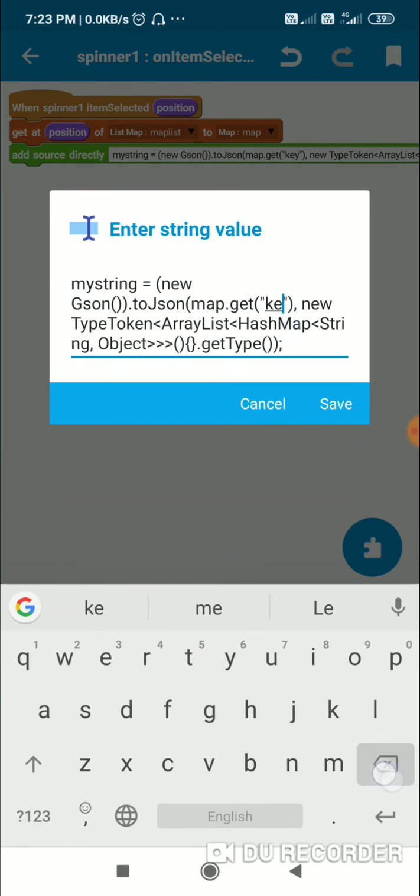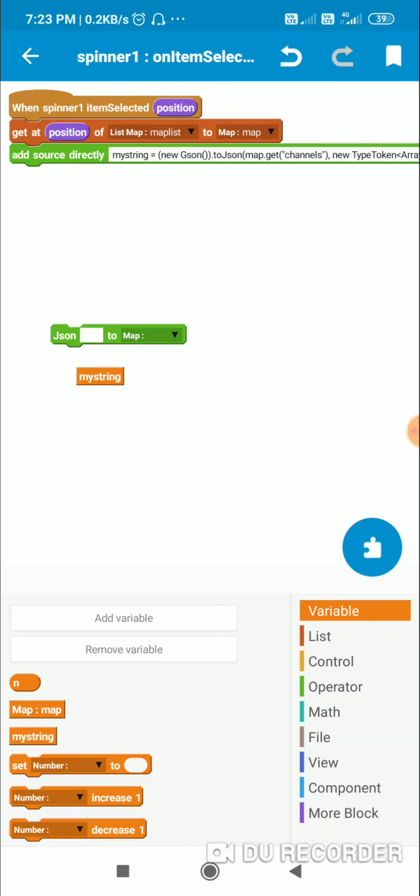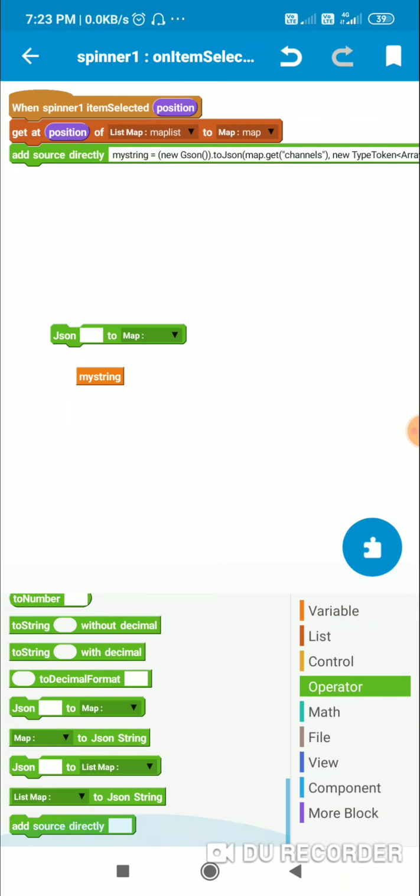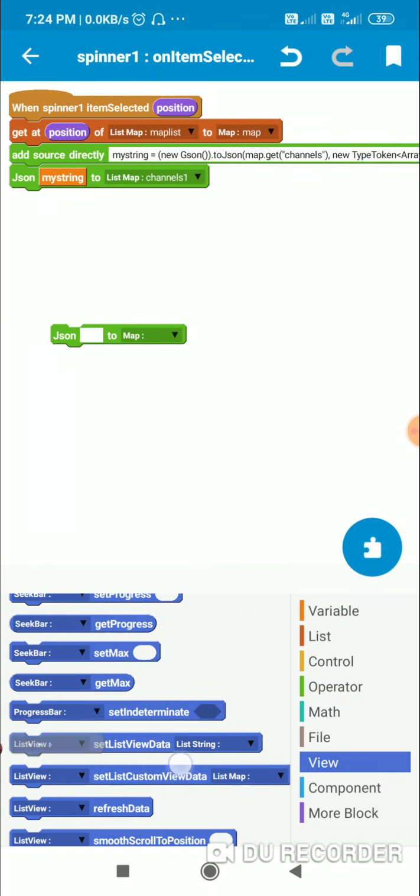The key is channels, so I will write map.get channels. That will be converted into this myString, and now this can be converted into a list map by using this block JSON myString to list map channels1.